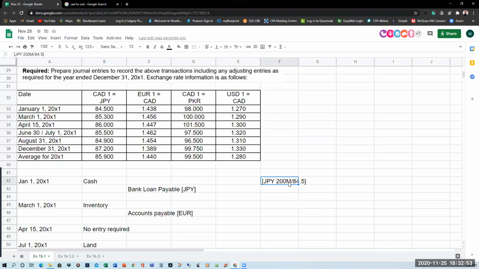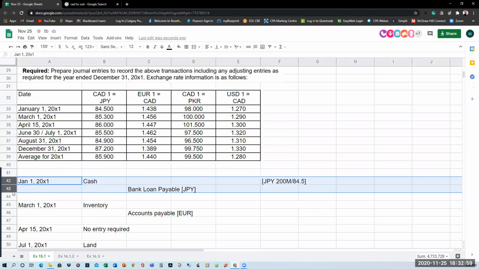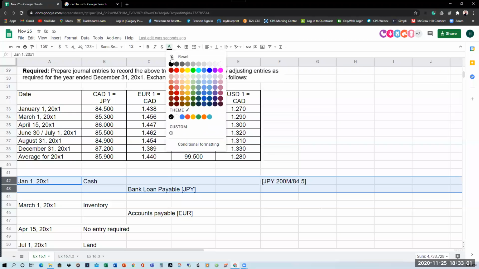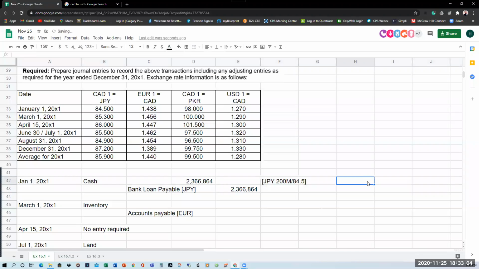So you divide the 200 million yen by the exchange rate, 84.5, to get the equivalent Canadian dollars, which is